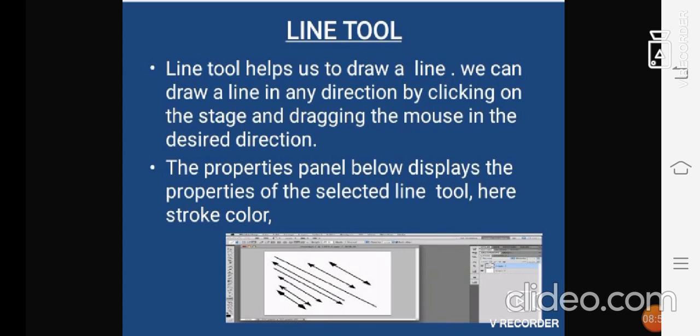You can even change the thickness of the lines. If you want the lines to be thickened, you can select the thickness, and then you can add colors for your drawing lines. If you want a slanting line or whatever angle line you want, you can put it according to your will. Everything depends on you, how you operate, how you draw the lines.